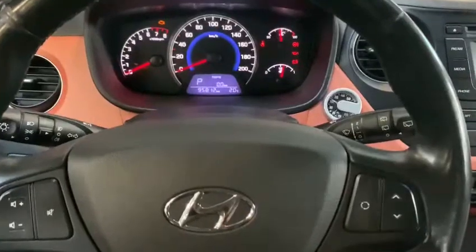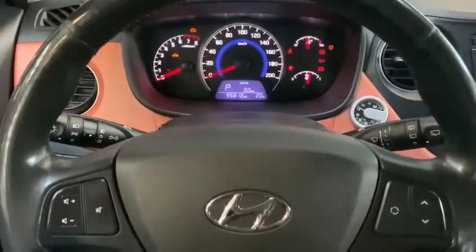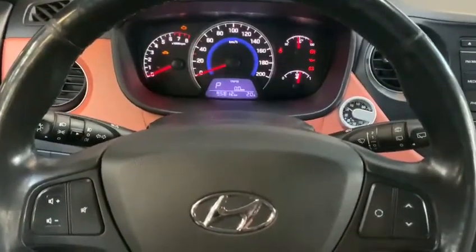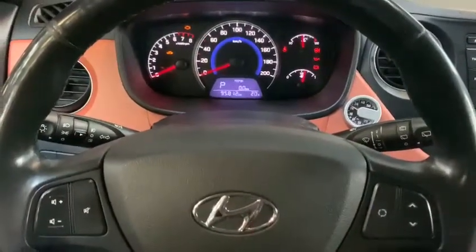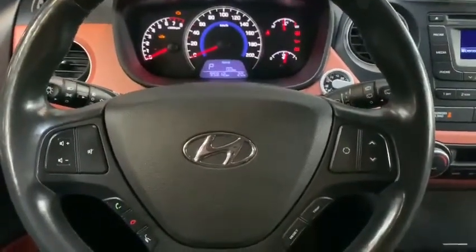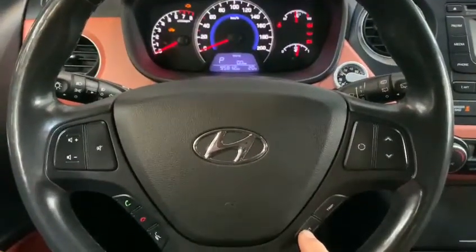Okay, as you can see, this is a Hyundai i10 2015 model, and I'm going to show you how to reset this. First of all, you have to turn the ignition on to the second position. Then there are some buttons on the steering wheel. Yes, we have these buttons over here we're going to use,